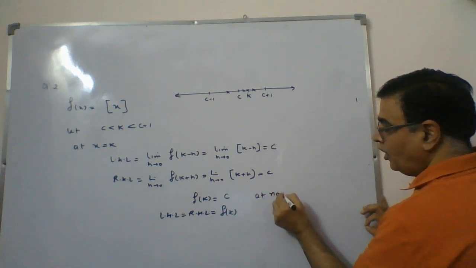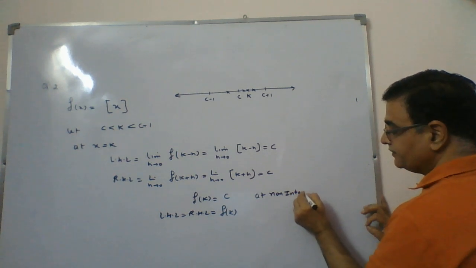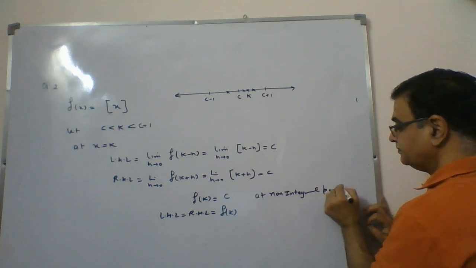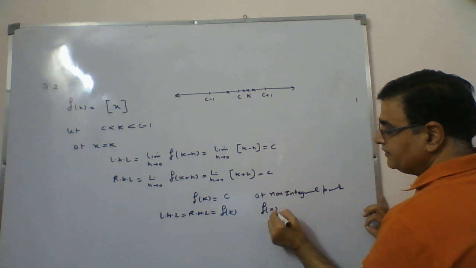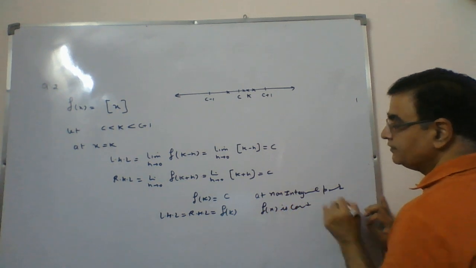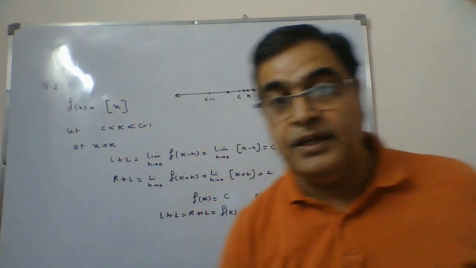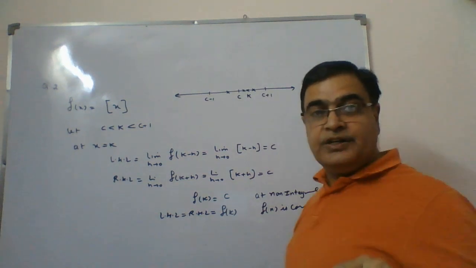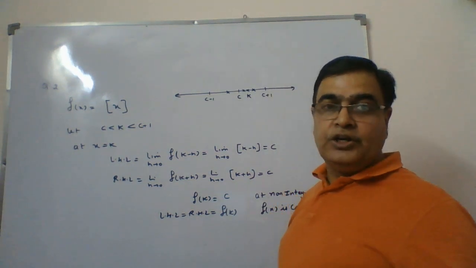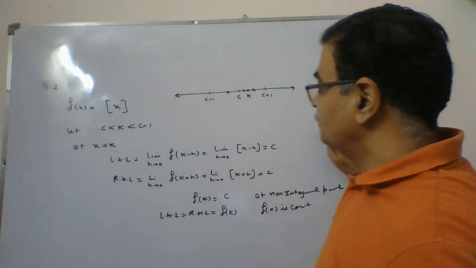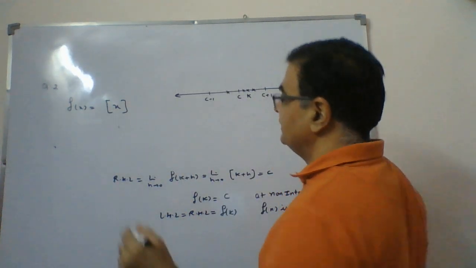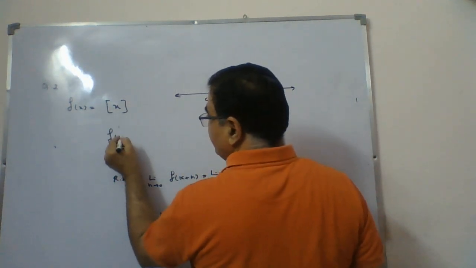At non-integral points, f(x) is continuous. So finally, you have already shown that at integers it is discontinuous. At non-integral points, it is continuous. So finally, what I should say in this case, hence f(x) is